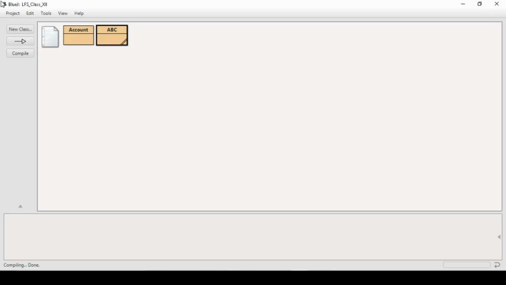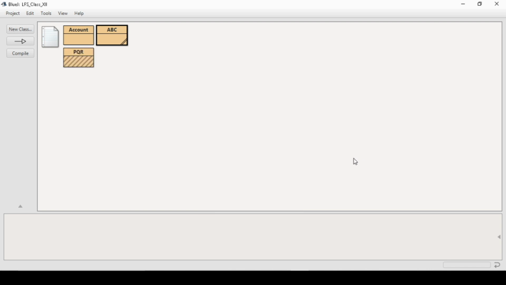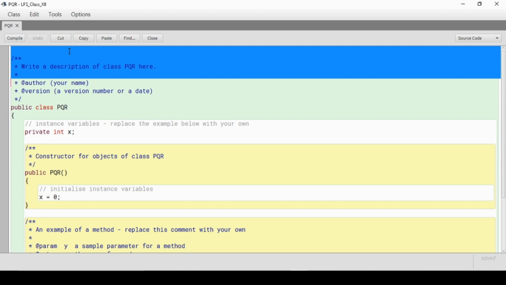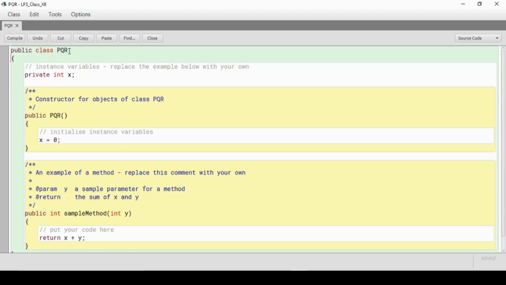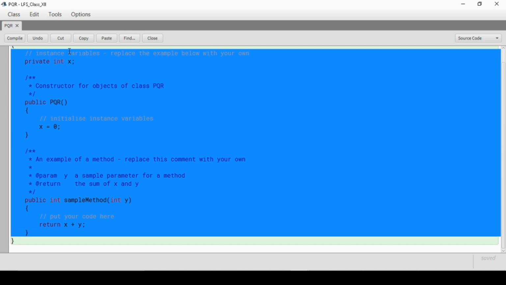Now I am going to create one new class, PQR, and this PQR is going to inherit ABC. So how am I going to do that? Inside this PQR class, I am going to inherit the ABC class. So what will happen? The characteristics of the ABC class will be part of PQR.